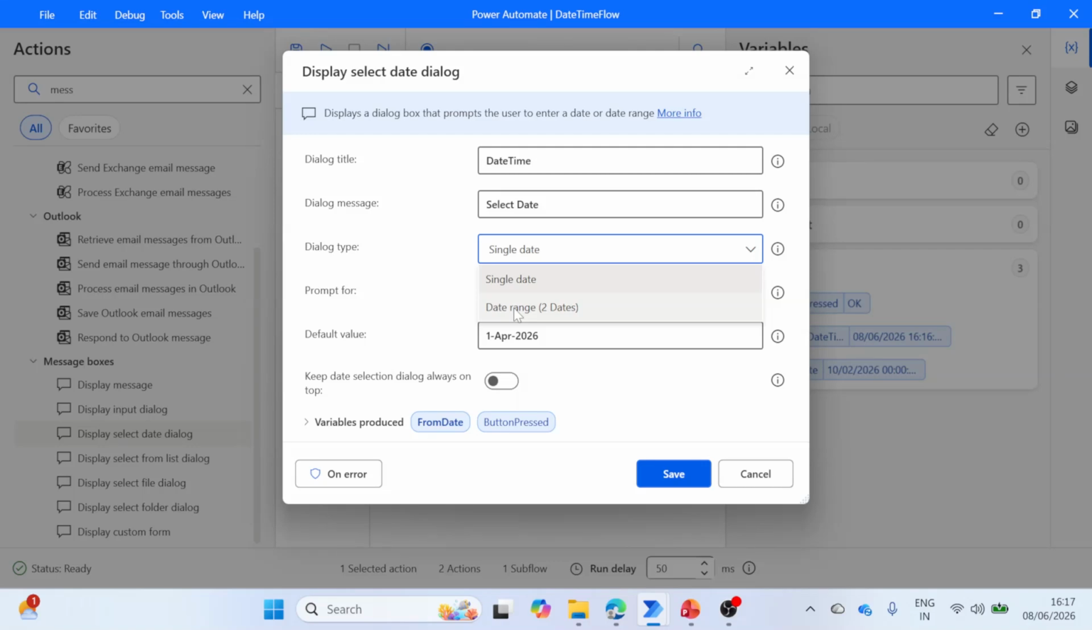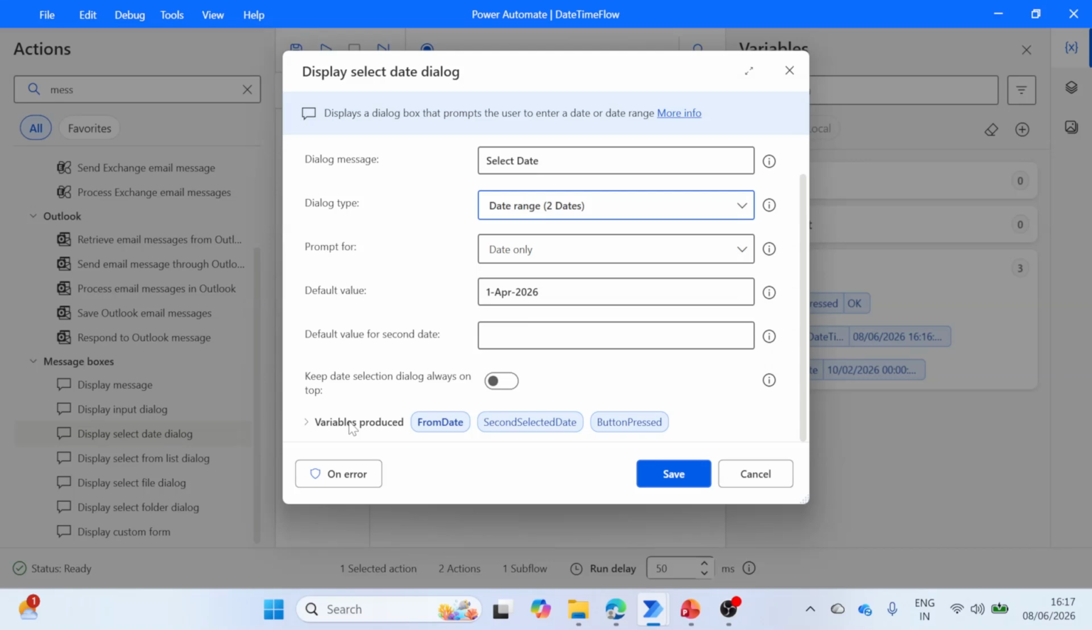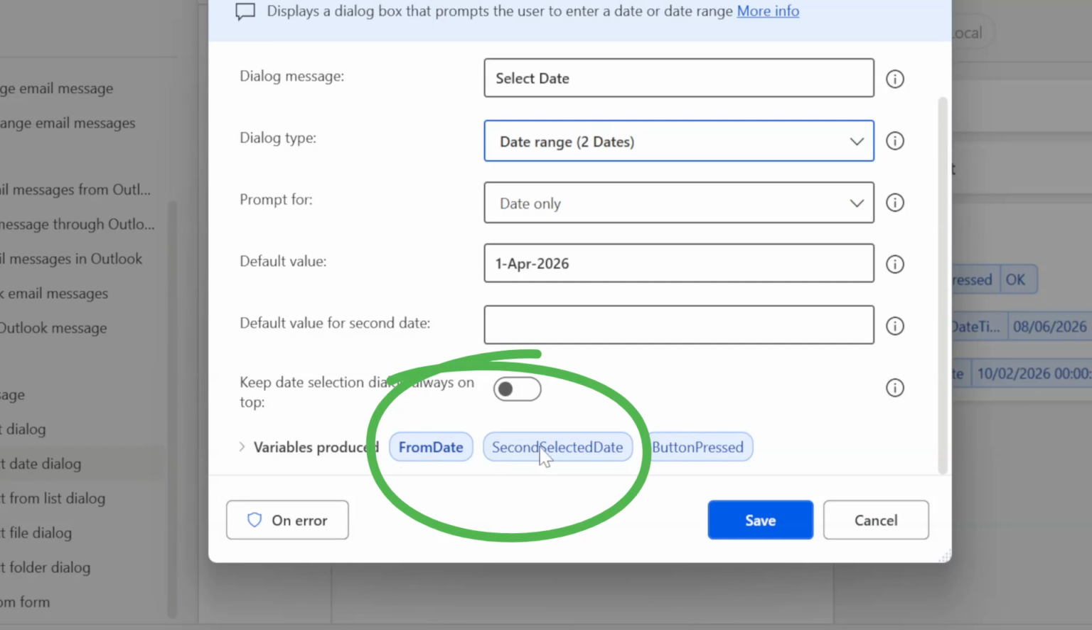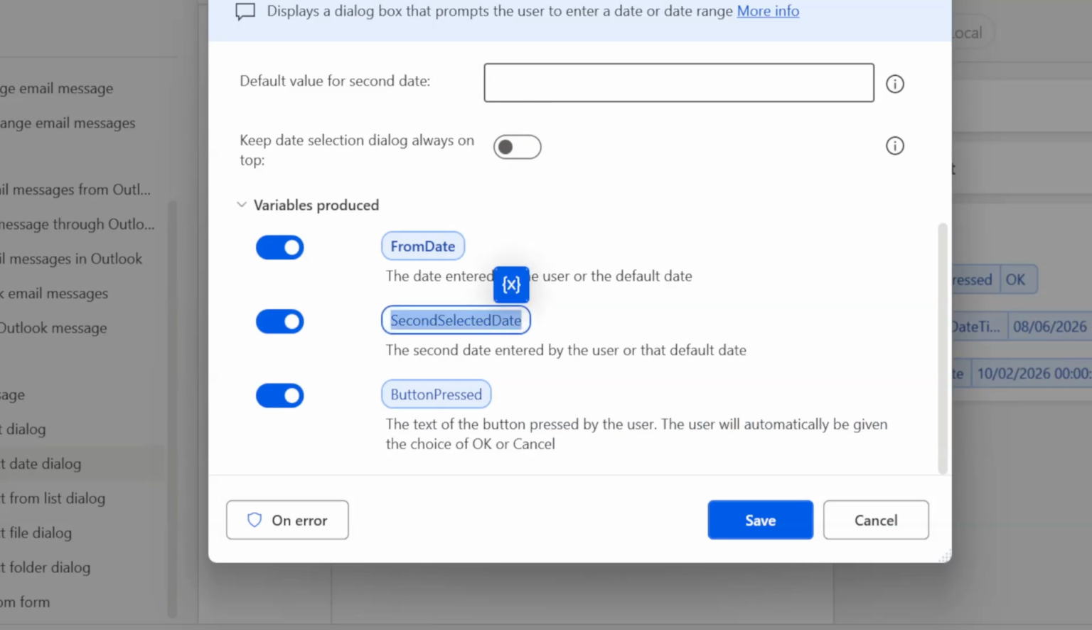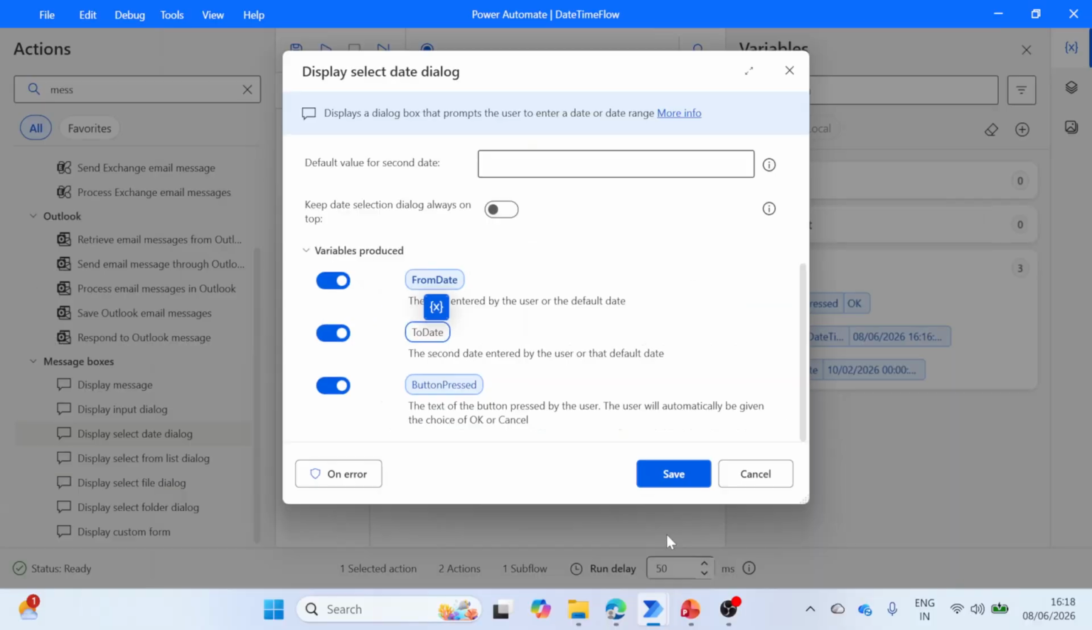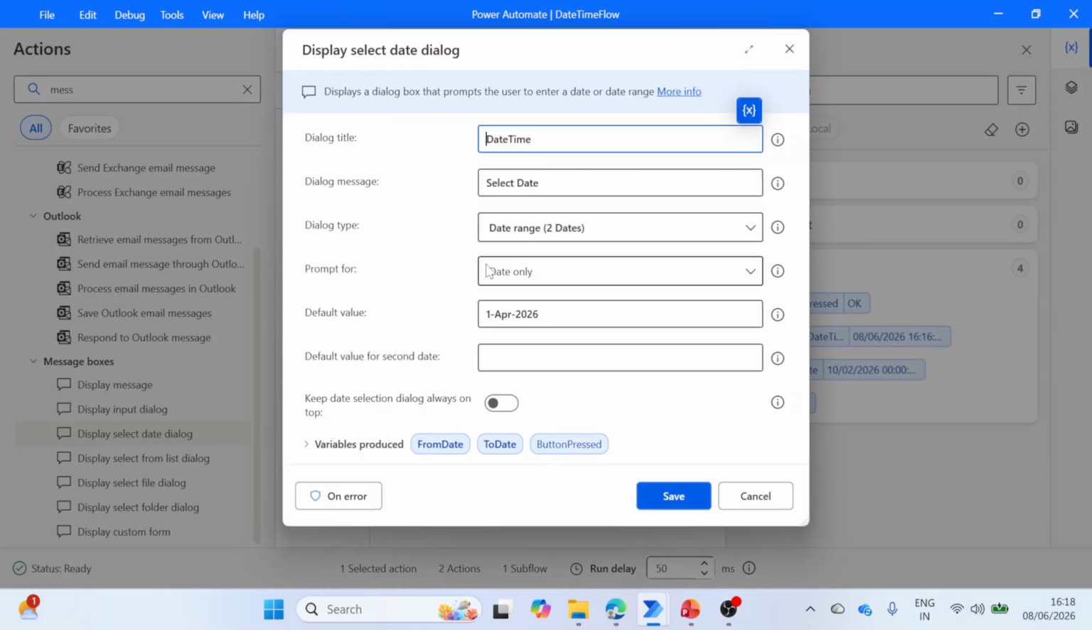So if I select the date range, if you come below, the first change you are finding is the variable produced. It has created another variable called second selected date. Let me change it to to date. And if I further say this, you have an option to define the default value for the first date, that is from date, and you have an option to define the default value for the second date also. Let me call it 15th May